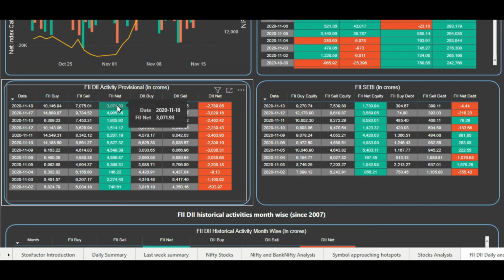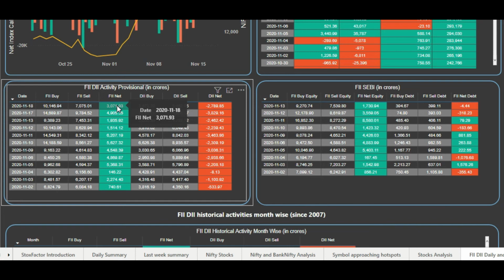So mostly, as you already know, FIIs park their money on the Nifty 50 stocks, that is the top 50 stocks of our index. And the rest of the money goes to the quality mid caps, but most of their money is always parked on the Nifty 50 stocks. So you can see that they have been aggressively buying, and Nifty has rallied. So it means mostly their money is in the quality large caps.